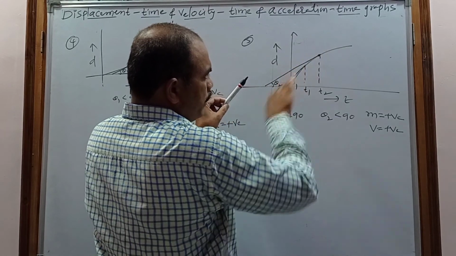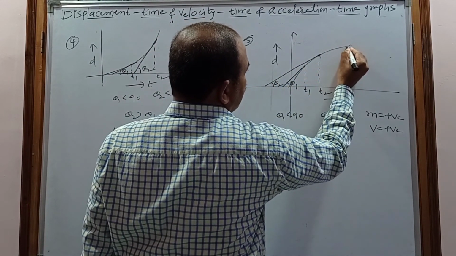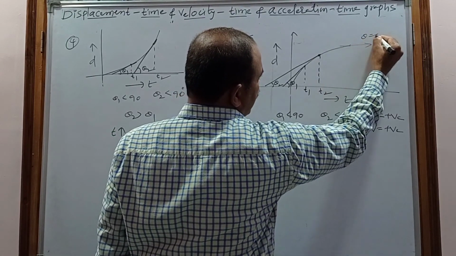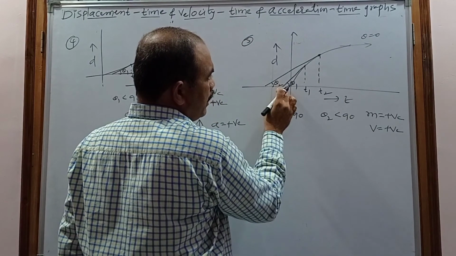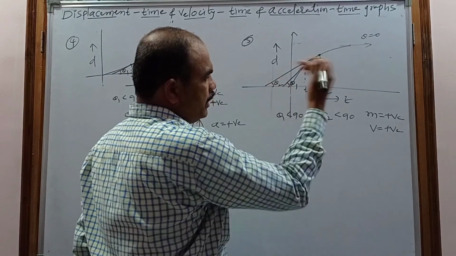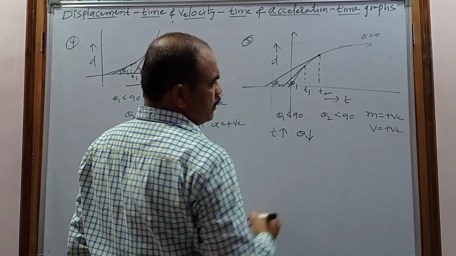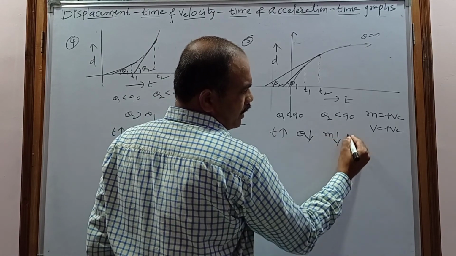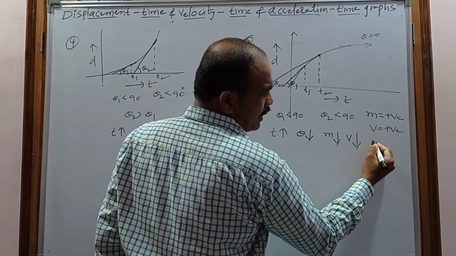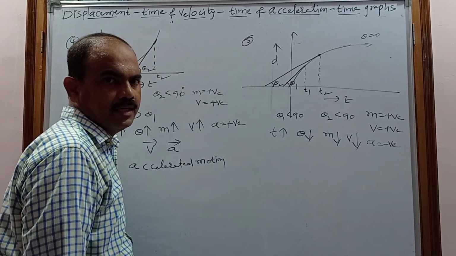What is happening here? The angle is decreasing and the steepness is decreasing here, which is the bending. Nothing but the slope is decreasing. Otherwise, simply, at this point draw the tangent. It is parallel to the x-axis, and nothing but here theta is 0, here some value. When the time is increasing, theta is decreasing. So nothing but the slope decreases, velocity decreases. Velocity decreasing with respect to time means it has negative acceleration.